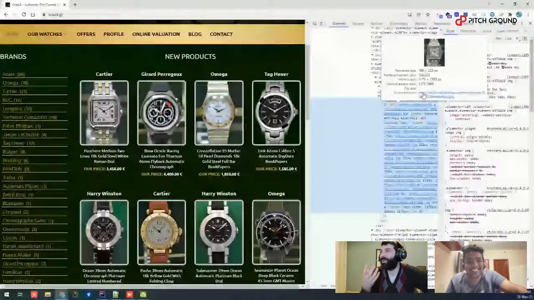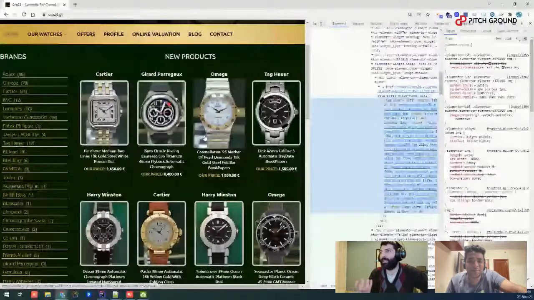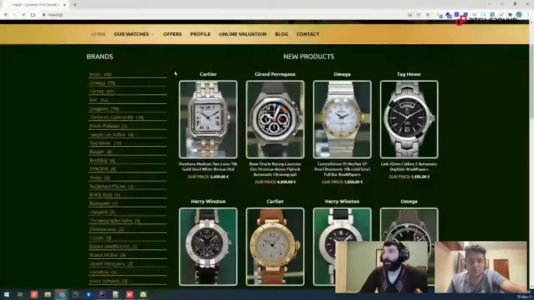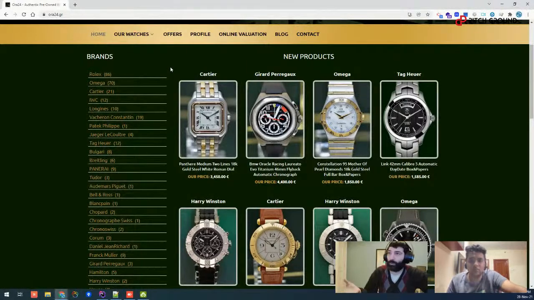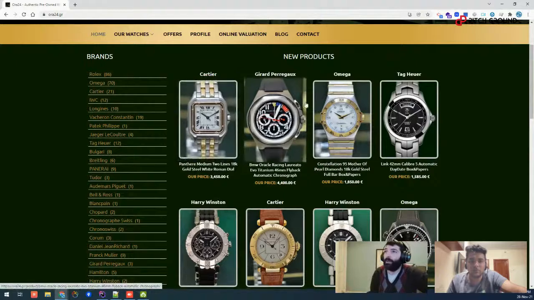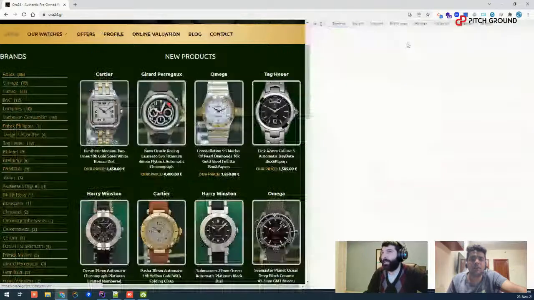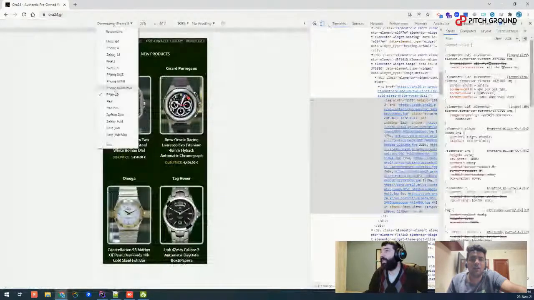Practically, what it does is it identifies the actual visitor and it will serve the best possible image in both type and size for each individual. For example, if I am browsing this website from a desktop device, it will automatically identify that I am on a desktop device and it will serve me high quality, large resolution images. While if I am simulating this on, let's say, an iPhone X,